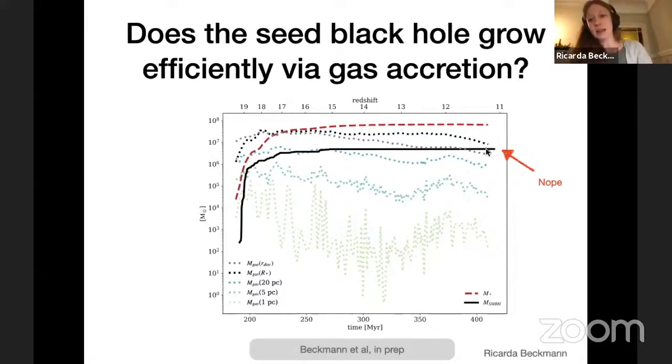And yet, despite this very simple model where we have removed some of what we know is crucial physics in this environment that tends to suppress black hole accretion, we still don't get the runaway sustained growth that we expected in this particular environment if you look at it at these incredibly high resolutions.